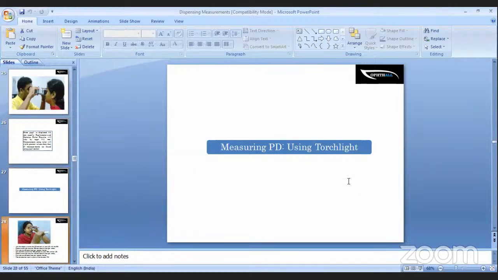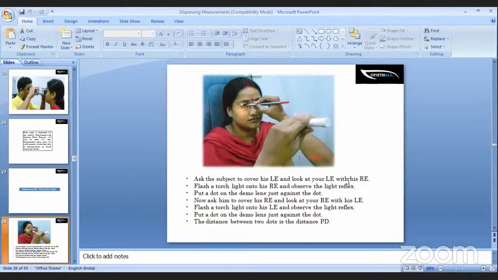Measuring the IPD using a torchlight. This is very simple. If you don't have any instrument, you can measure the IPD using a simple torchlight. Ask the patient to sit on a chair and look straight. Close the left eye first, shine the torch on the patient's eye, observe the pupil reflex, and put a dot mark right against the pupil reflex. Then carry out the same process for the left eye, and then you can remove the spectacle frame and measure the distance between the two dots, and that is the